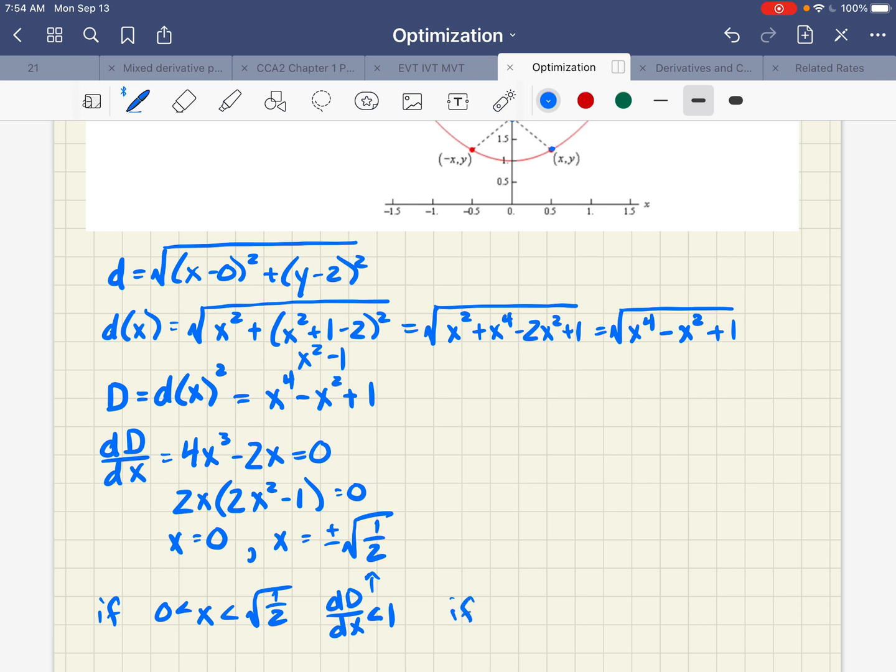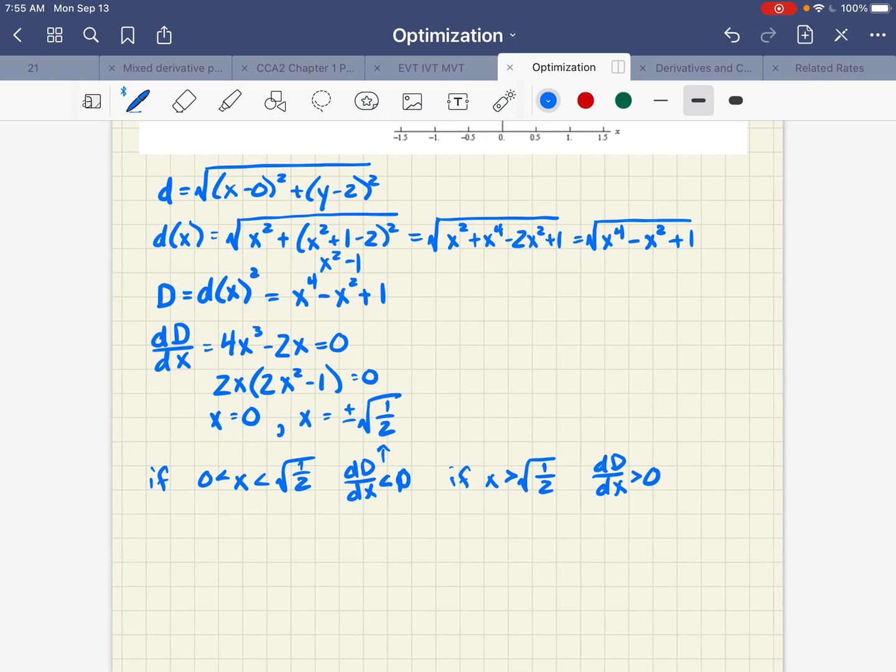And then if x is greater than the square root of 1/2, the 2x is positive and the 2x squared minus 1 is also positive. So the derivative is positive. Oops, that should be a 0, my bad. All right, so we just showed that to the left of square root of 1/2, the function is decreasing, and to the right of square root of 1/2, the function is increasing forever, because it just says x greater than square root of 1/2. So therefore,